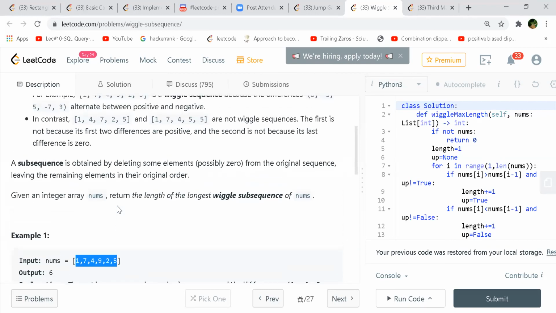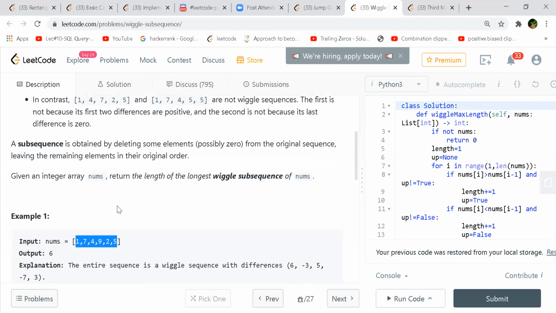Instead of considering an alternating sequence of differences, we can consider an alternating sequence of adjacent elements being either greater or smaller.